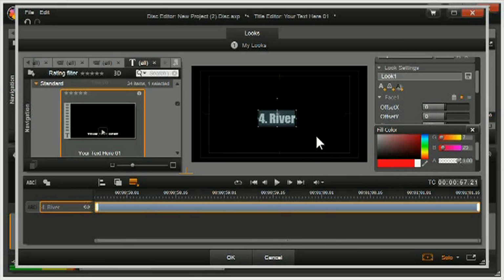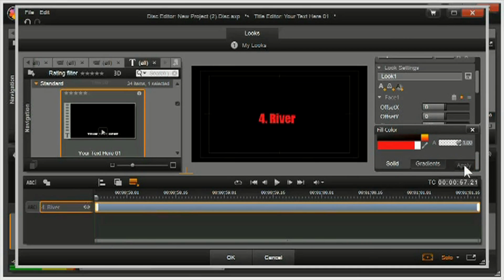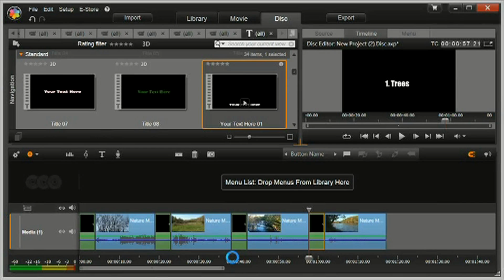Why? Why? Why? Because Studio has all kinds of things you have to learn. So you could spend a month on this and not realize that you just got to go down a little bit further here and apply. Then it turns red. So that's typical of Studio. It's got things all over the place, and once you know where they are, it works fine. But you've got to learn where all these things are. All right, so River's done. Okay. Let it render, and I will have 4 titles, 4 chapter titles in front of each of the 4